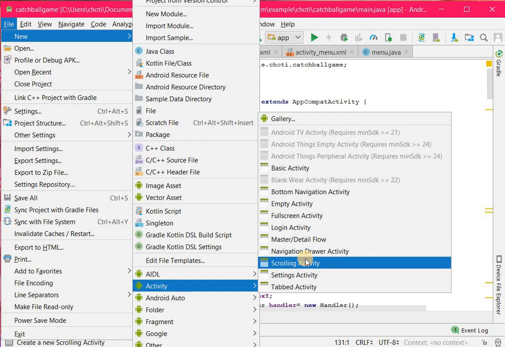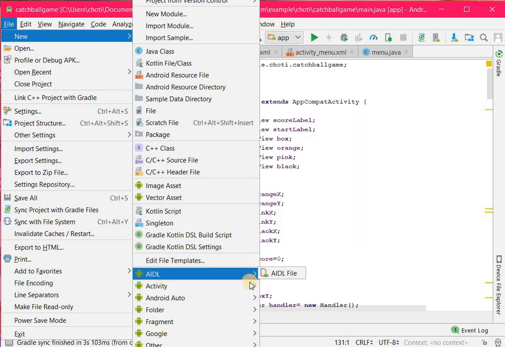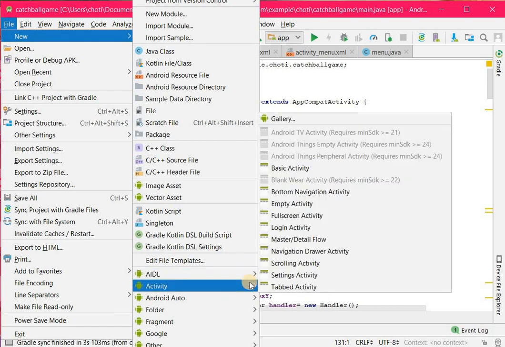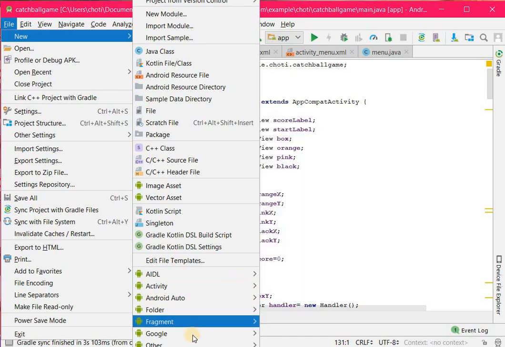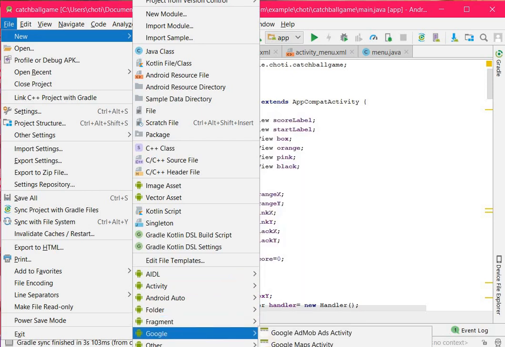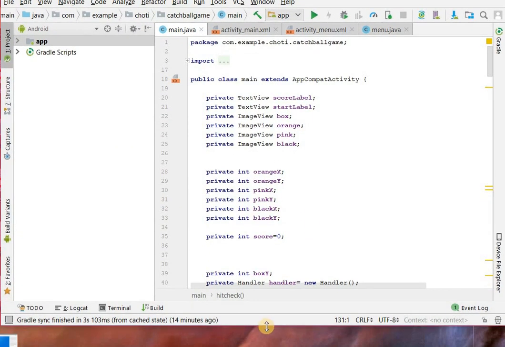After that, if we want to make a map based activity, हम एक एप्लीकेशन बनाना चाहते हैं जो गूगल मैप्स को इम्प्लीमेंट करे, तो we also have an activity for that. It's called Google Maps activity. Let me bring that a little up.